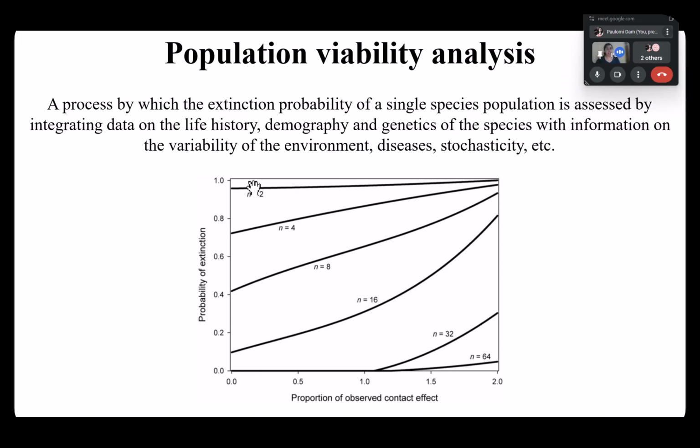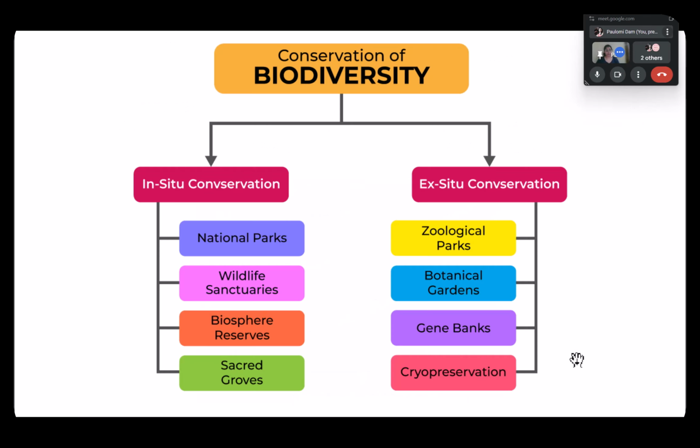So we are trying to say what is the probability of extinction given this effect and given this population number. See, if you start with two, the extinction probability reaches 1 within very little time. But if you have 64, that same thing takes a longer time. So you can increase the population size and delay the effect of extinction. So this kind of analysis lets you know what number to begin with, how many individuals is a sustainable number to go ahead with in a conservation program.